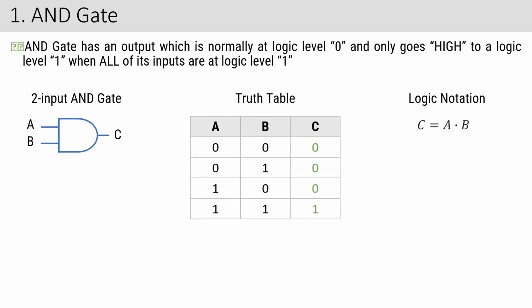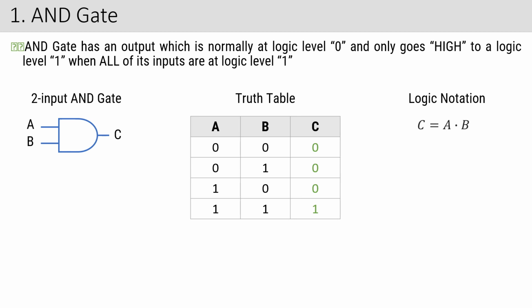Now comes the truth table. What I told you is that if you want to get a high logic level, then what is important? In an AND gate all the inputs must be high, otherwise you are going to get a logic level 0. Okay, so see here, this is called the truth table. This is input A, this is input B, this is output C. Only two types of signals can be fed into A or B, 0 and 1, and the combination of both.